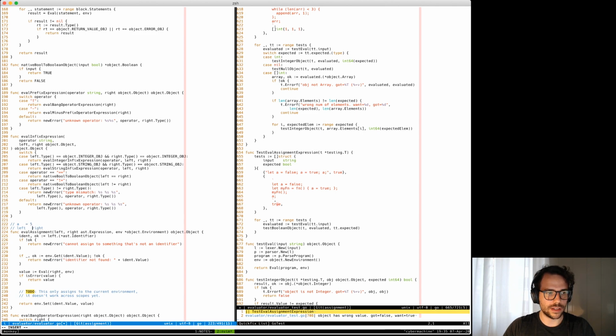Right? Like this. So what we do is we check that the left is an identifier for now, right? It could also be an index expression if we want to assign to an array. I'm not sure yet how that works, but we'll get to it. And then we do a lookup in the environment and say, do we even have something in the environment with that name, right? Because in Monkey, we do not allow assigning to an undeclared name, which you can do in,